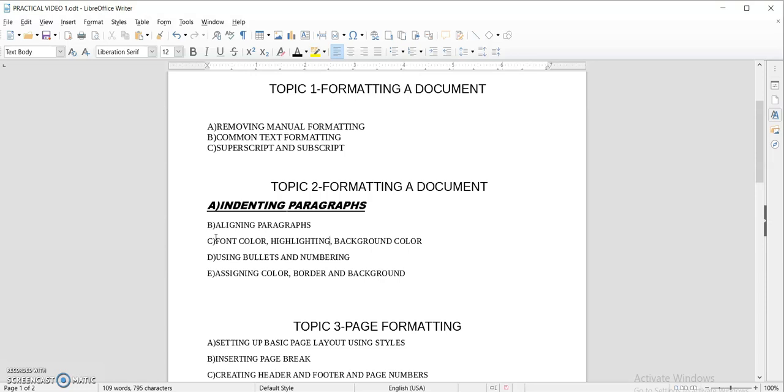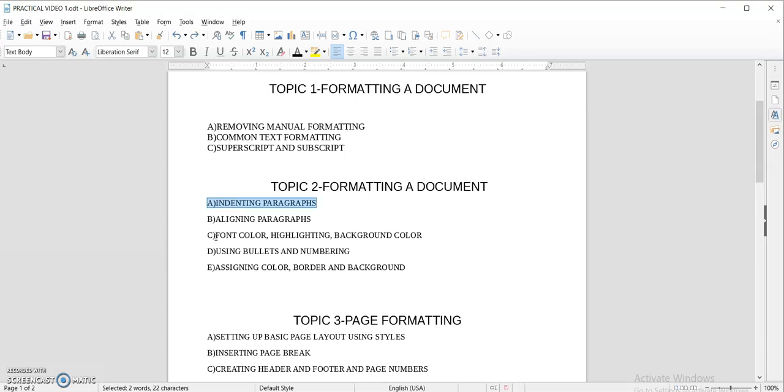I can simply move to my previous position by clicking Ctrl+Z. I am undoing my formats. Next, if I want to strike through the text, I will first select the text, then click on strike through. It will cut my text. If the text is not important for my document, I can simply click on strike through.